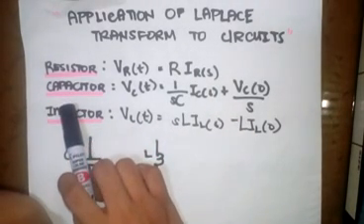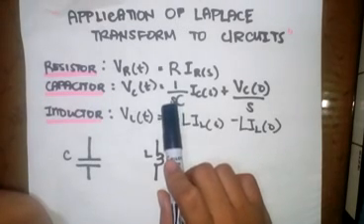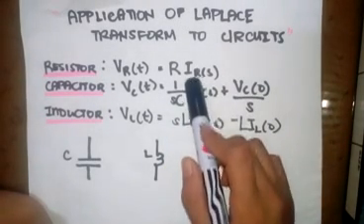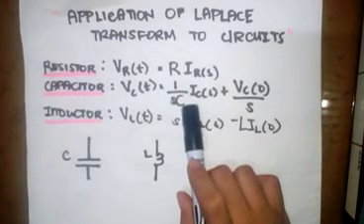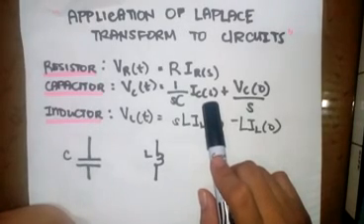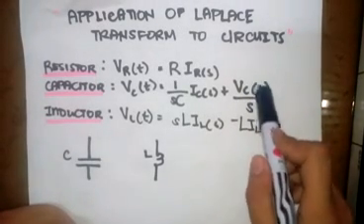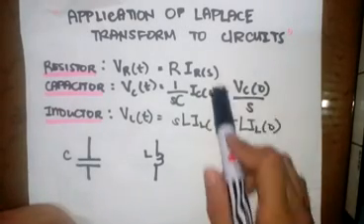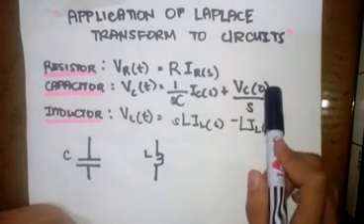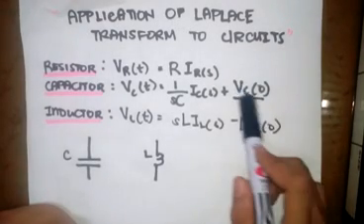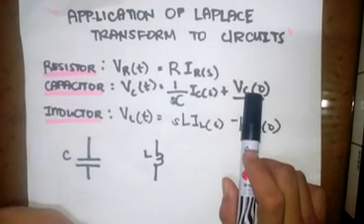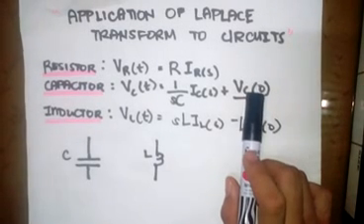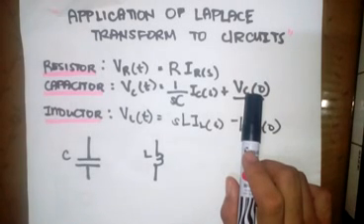For the capacitor, the voltage drop equation in the Laplace transform would be 1 over S multiplied by the capacitance times the current I sub C, plus V sub C of 0 over S. Here, the V sub C of 0 over S represents the initial condition. Why do we have an initial condition? For example, in a steady state circuit, such as those circuits which have switches, at time less than 0,